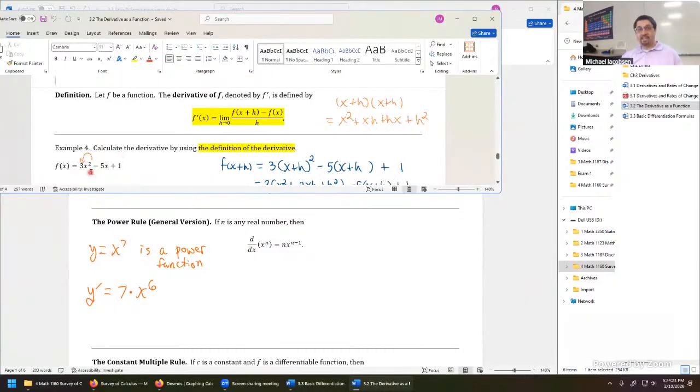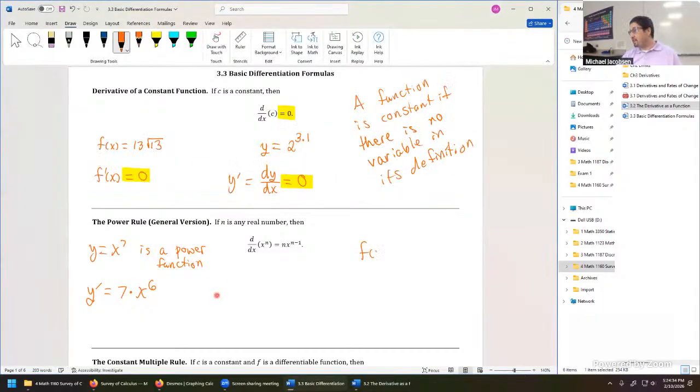If we think about what happened here, that was the power rule. This was x to power 1. So if you differentiate, say, just x itself, it turns into a 1. Let's put that on paper. If the function is f of x equals just x, that is still a power rule problem. It's just that the power isn't displayed explicitly. You could rewrite it, though, as f of x equals x to the power 1. Then the derivative would be f prime of x